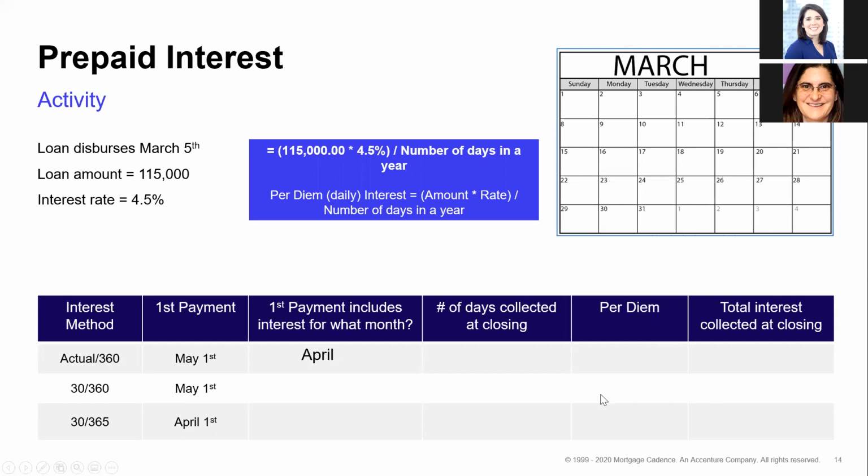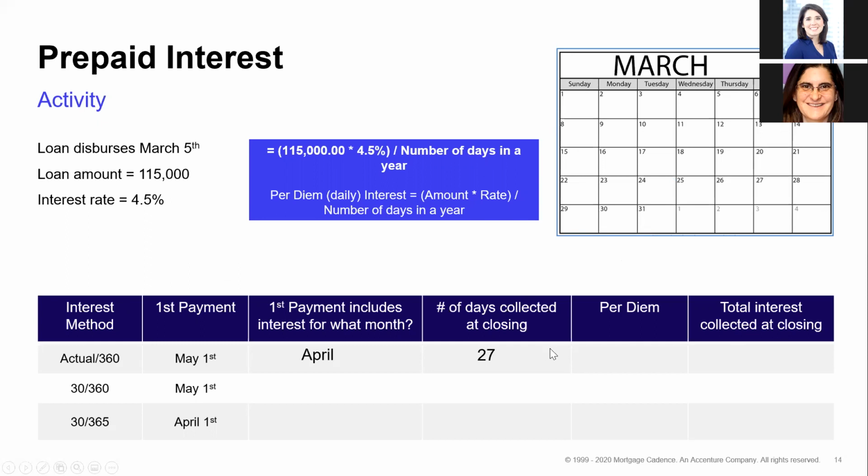26 days. I've got 27. Let's count them out. So the one thing I want to make sure that you caution, yep, 27, good. If you use an Excel formula, I've done this to myself a million times. You do something clever like say, hey, take the 31st minus the 5th. It'll give you 26. But remember, the borrower got their money on the 5th. They need to pay interest for the 5th as well. So 27 days if we include the day they got their money.